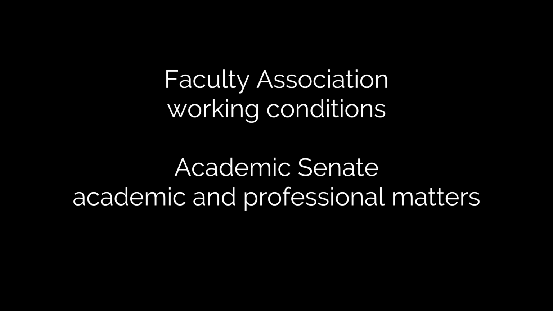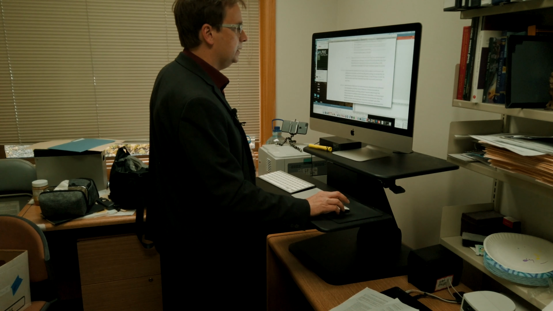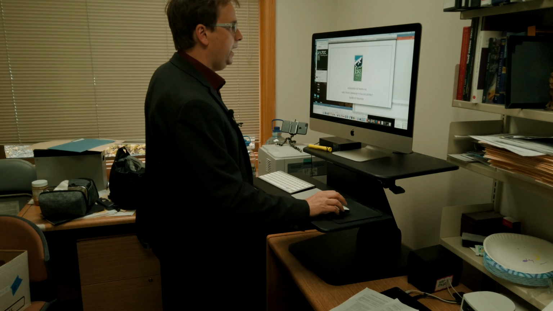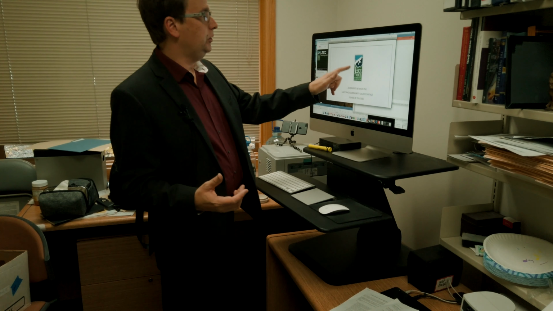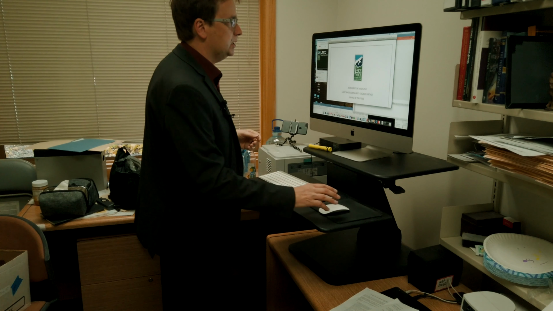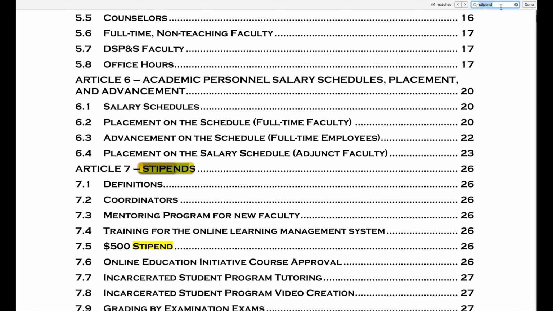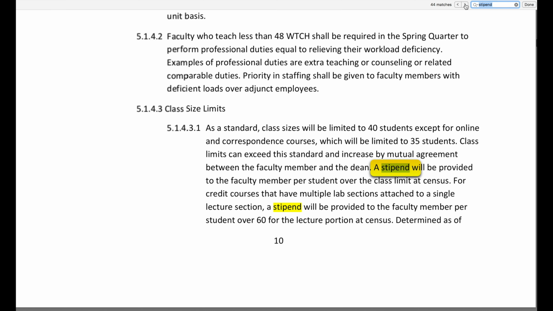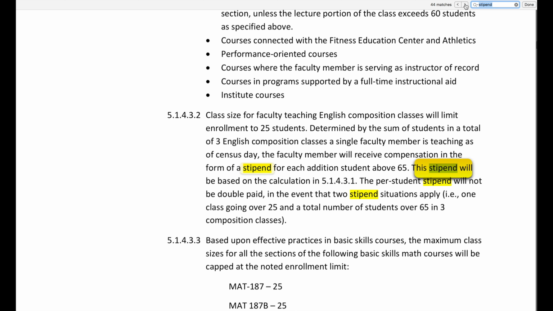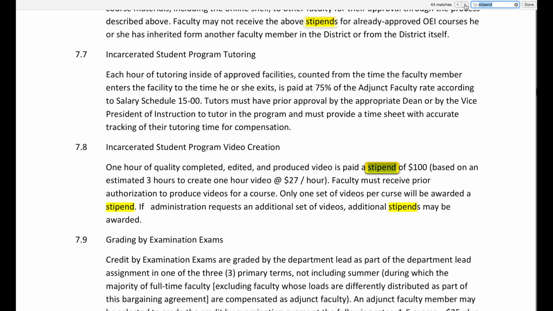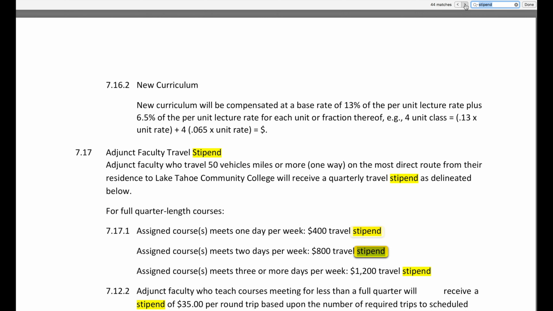So this shows you here the entire contract and all the articles and various clauses, and it's just kind of handy to know. If you ever have questions about this, again, go to the website and download it. You can look stuff up. I believe you could search in here, so you could type in the word stipend as an example and it'll come up there. You can see 44 matches for the word stipend. So if you just want to target stipends in your search, it will tell you any stipends that come up. The fact that it's a searchable PDF, I think, is pretty handy for you.